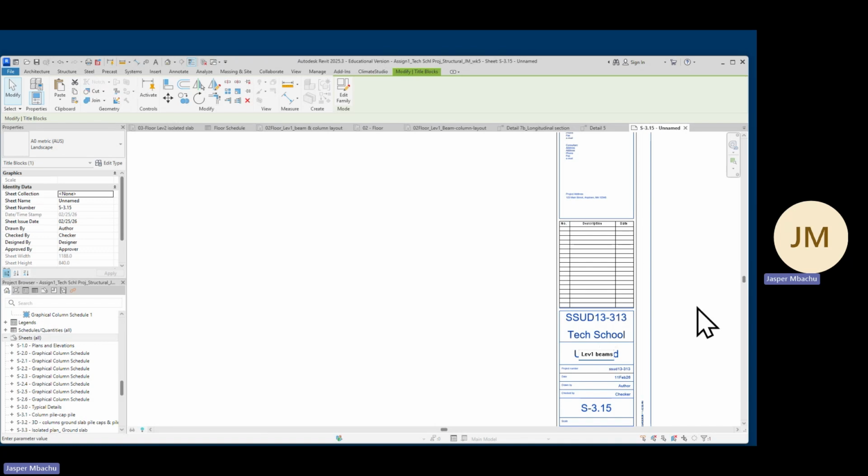So just beams, because if you write too much, it will take it beyond this. 02 floor level 1 beams. Okay, and